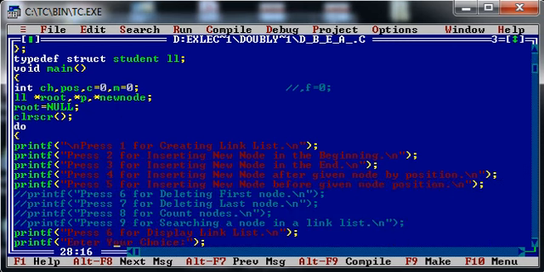Though I have implemented the entire program including the delete operation, in today's lecture we will cover only 6 operations: creation of linked list, inserting a new node in the beginning of doubly linked list, inserting a new node at the end of doubly linked list, inserting a new node after a given node by position, and inserting a new node before a given node position.